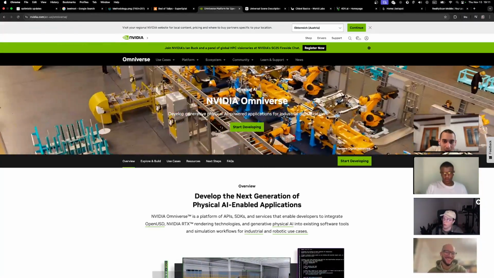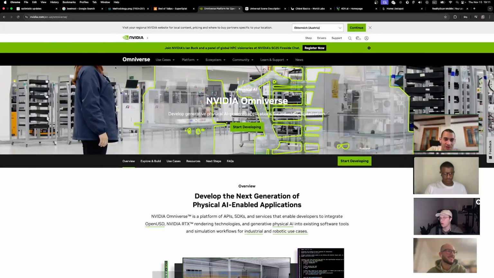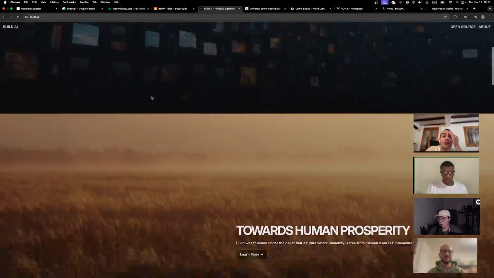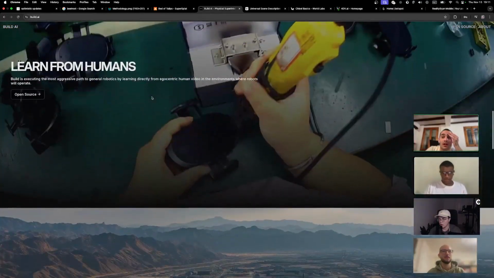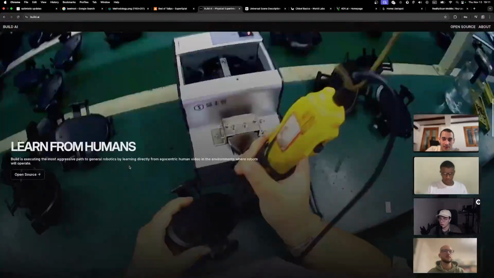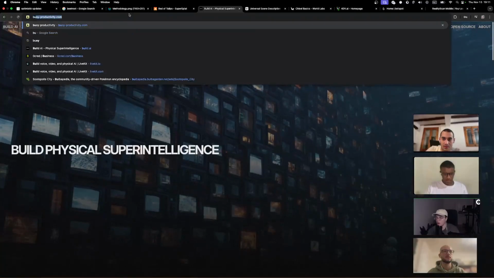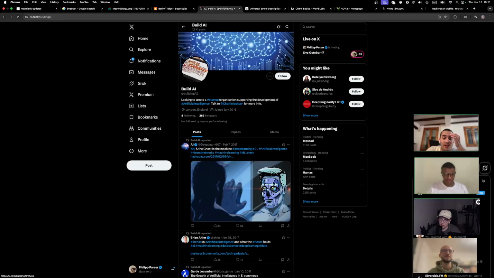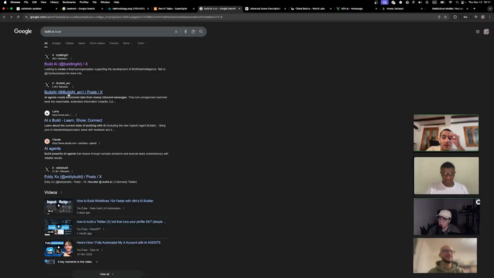It's called Build. It's just build.ai. If you want to go to their website, what was their Twitter domain? It should also be build.ai. That's a weird site. If you scroll to the bottom, it has the Framer Motion website, I think. Guys, this can't be it. I don't think they have a